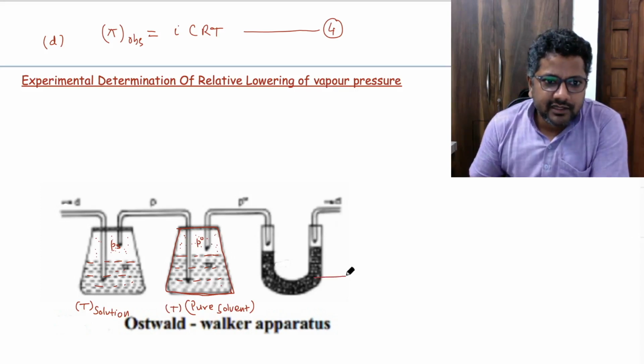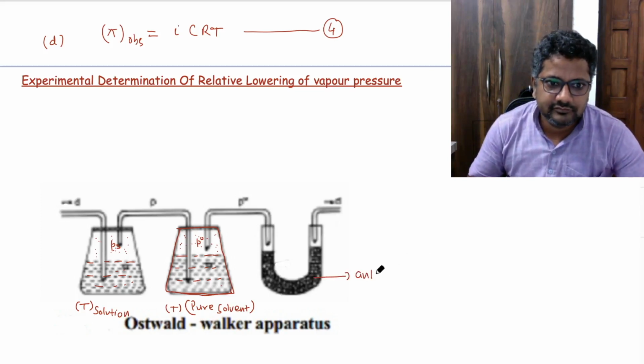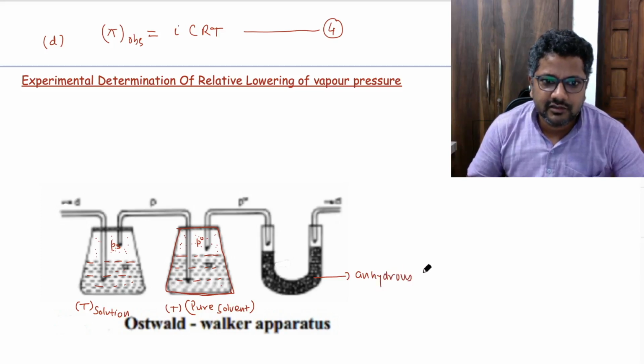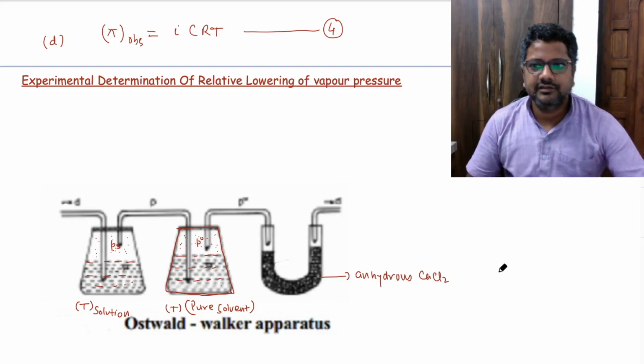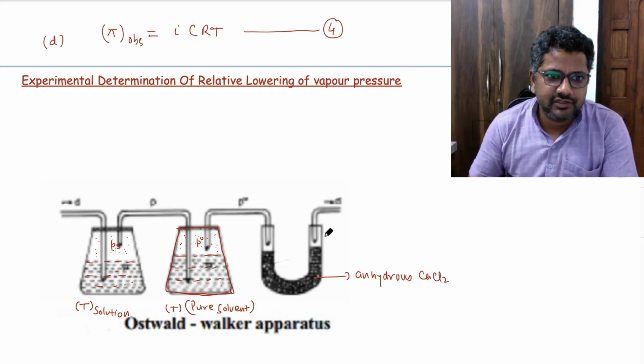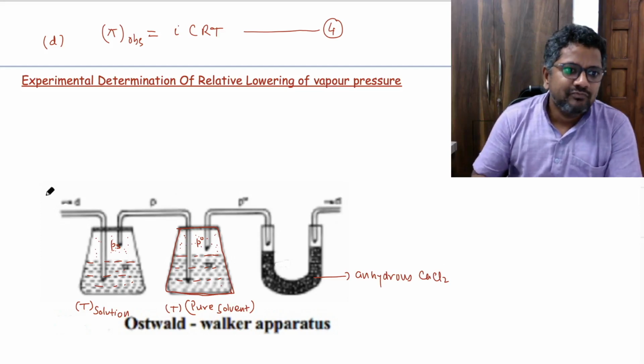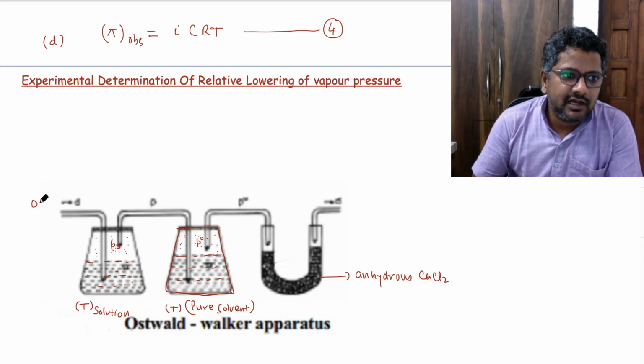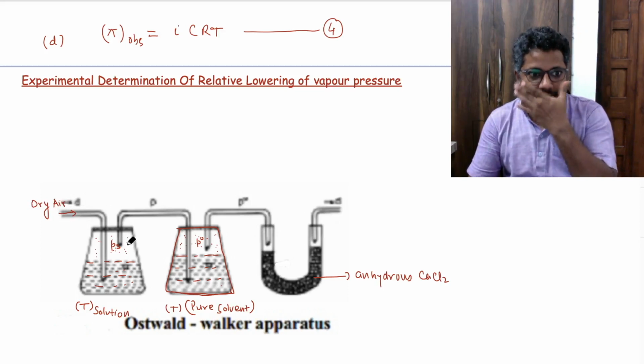And here we have taken anhydrous calcium chloride, which is a water absorbent. From here we are passing dry air. So when dry air is passed through this,